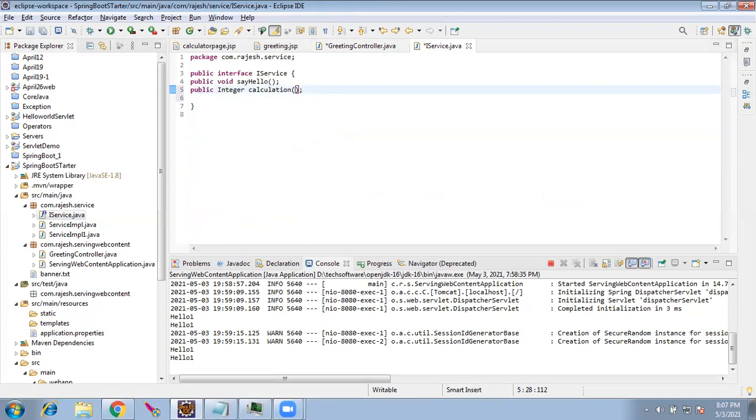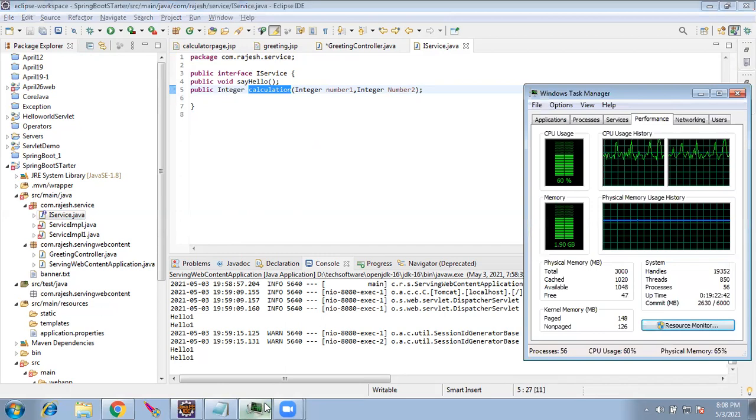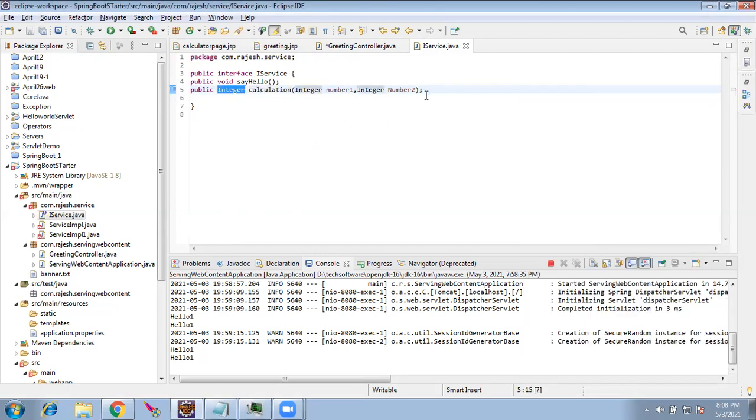This is going to accept two integer values, integer number 1, integer number 2. Purposefully I am giving integer now. Later we will convert to double, because when we convert you need to know where all you have to convert. So we are declaring one method as calculation that's going to accept two integers and return back an integer. This is a declaration in the interface.